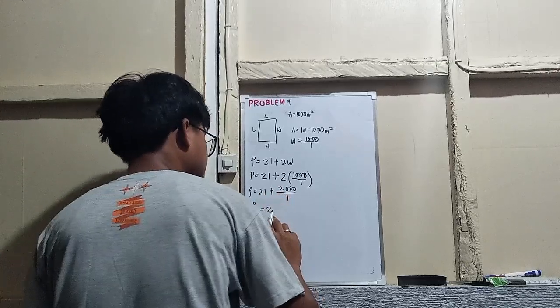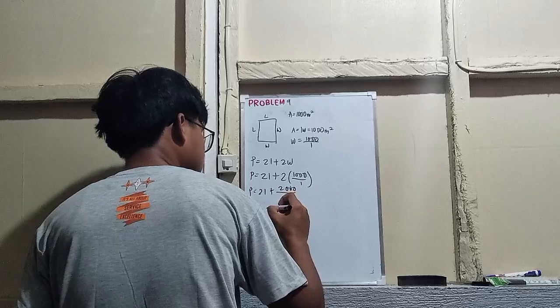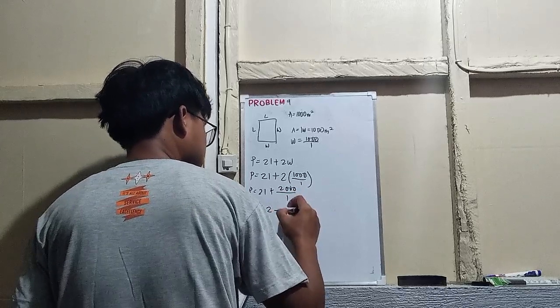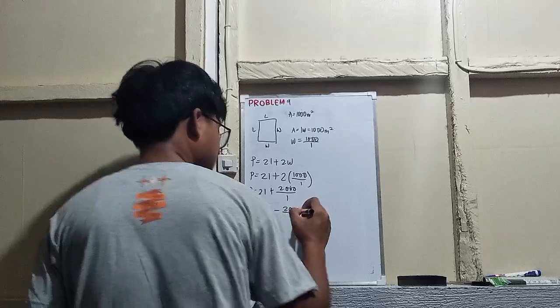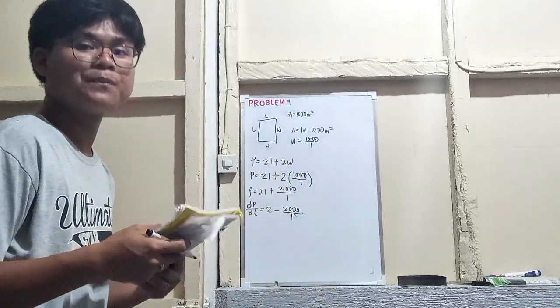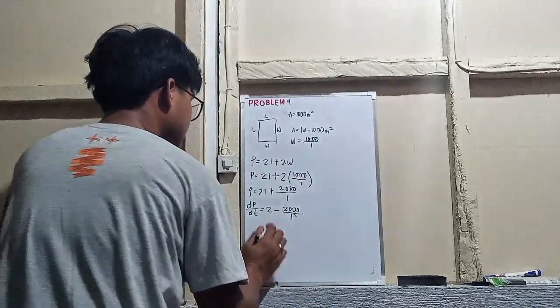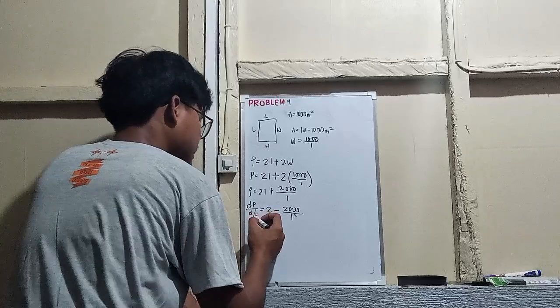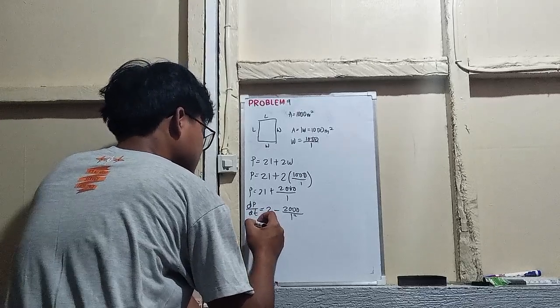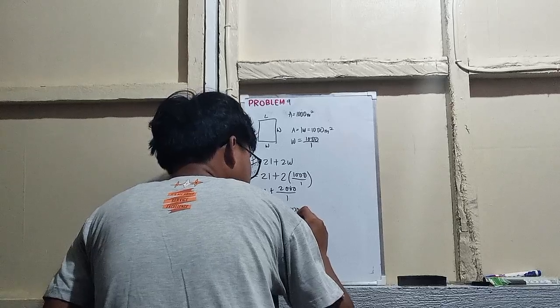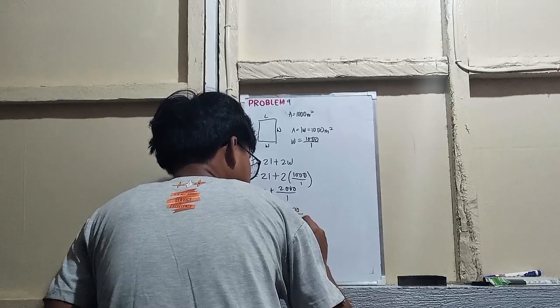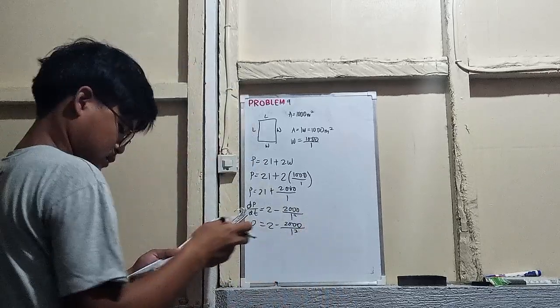The 2L will become now 2, then 2,000 minus 2,000 L squared. Now we will equate the dB over dt as 0. So 2,000 L squared. Then